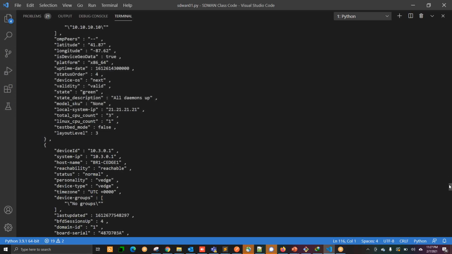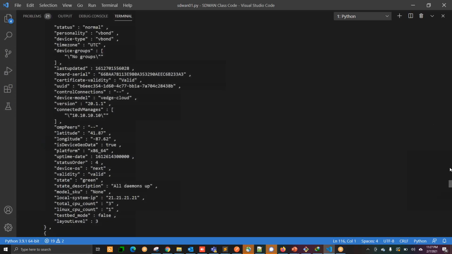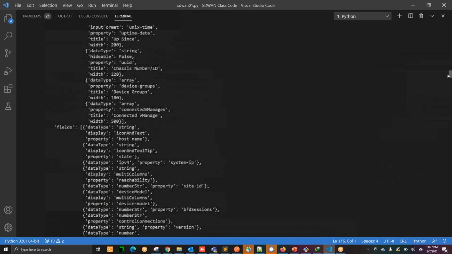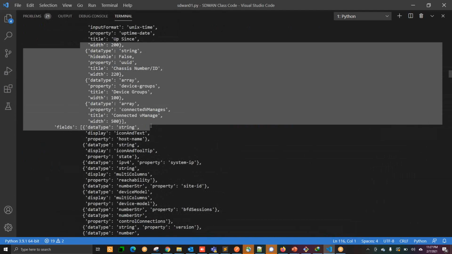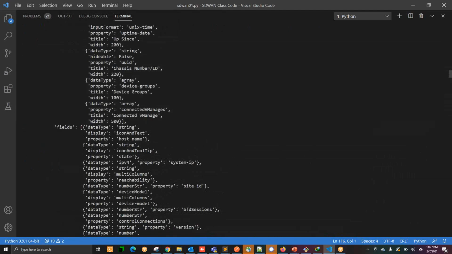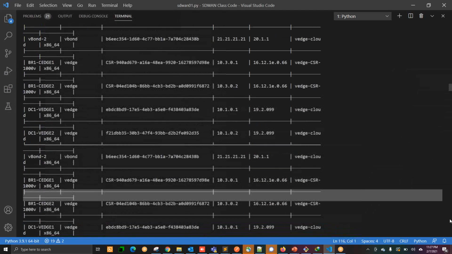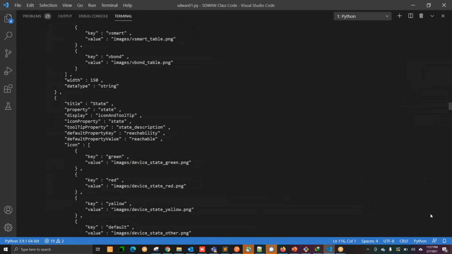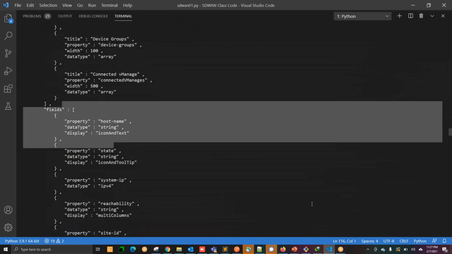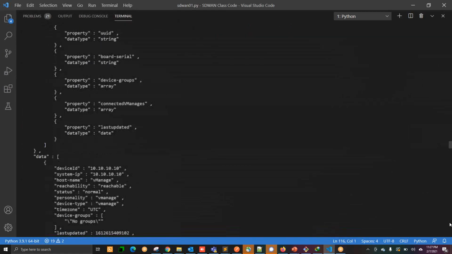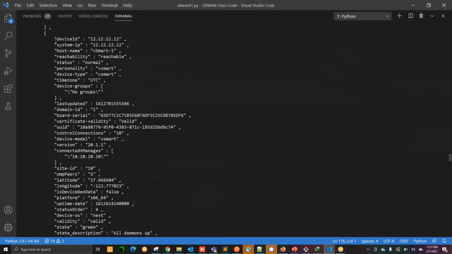If I scroll a little bit up, when I ran the first pprint, this is taken from some inbuilt function as a package, and then we have defined our own function, and with our own function we are getting a better formatted JSON output like this.